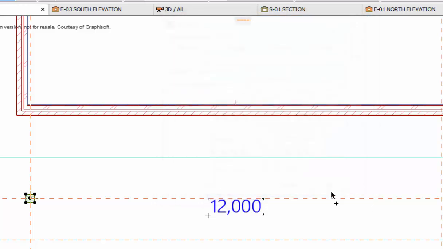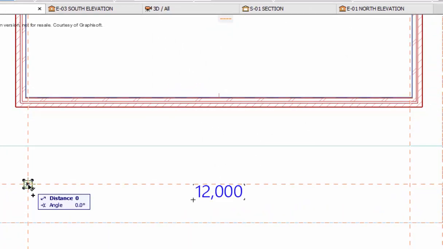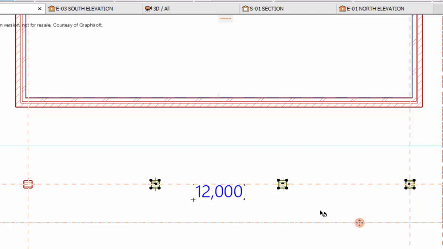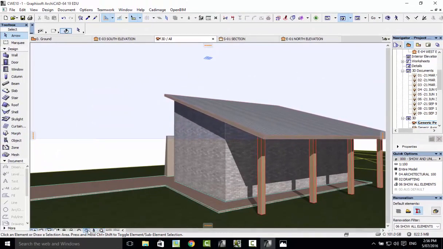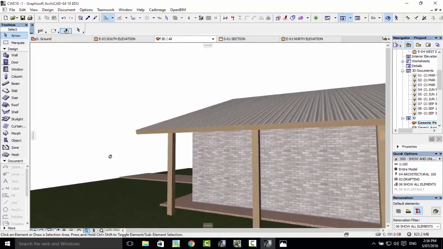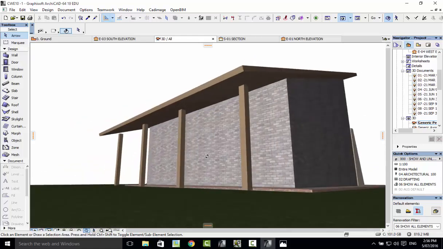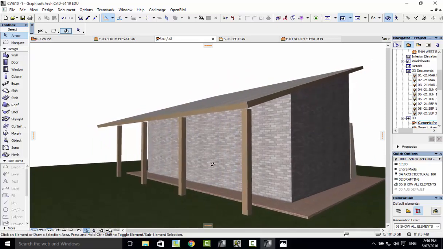So press OK there. Now what we do is just click on the center of the column, and you can drag down to the intersection point. We want to go right into the center, click, and there our columns have been distributed and inserted. If we go into 3D view, we can see here our columns. Let's hit the orbit tool. You can see our columns are distributed there, looking good. Now notice they're not touching the roof at the top because we need to put a beam in, but we